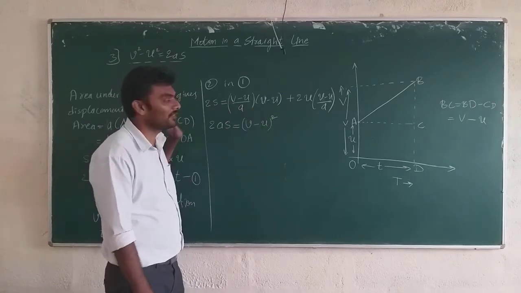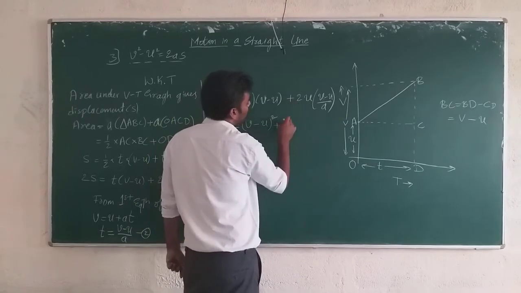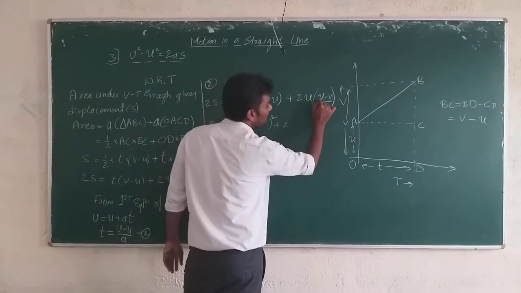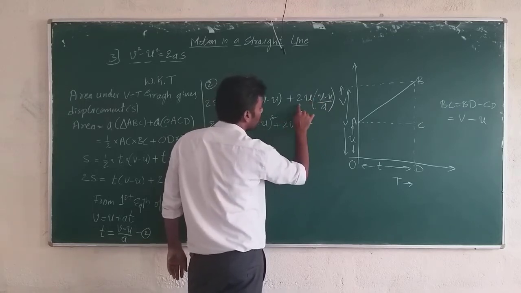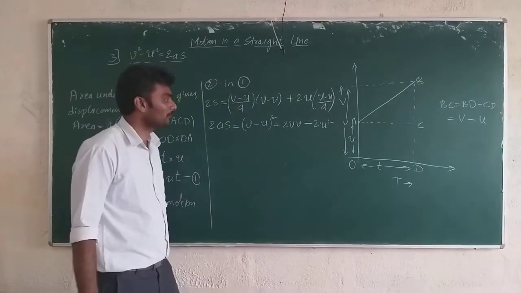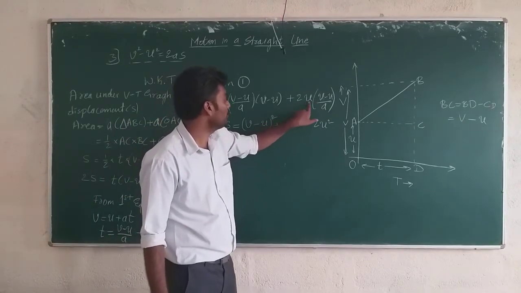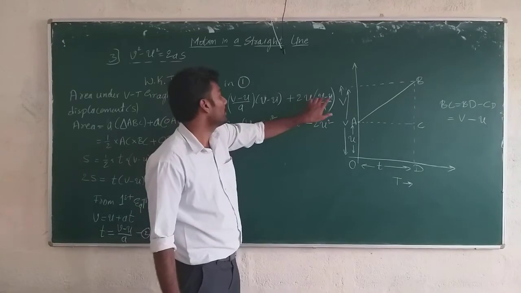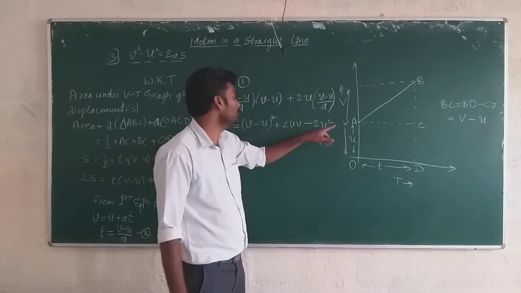A, I took it as common factor and sent, that's over, plus. Now look, 2 times A has gone outside to the LHS, so u into v, it is 2uv. Plus into minus, minus 2u into u, so it is 2u squared. Clear with this? Look at this, plus into plus, plus 2uv. V is inside, A we have sent, no problem. So u into v, 2uv, plus into minus, minus 2u into u, 2u squared.